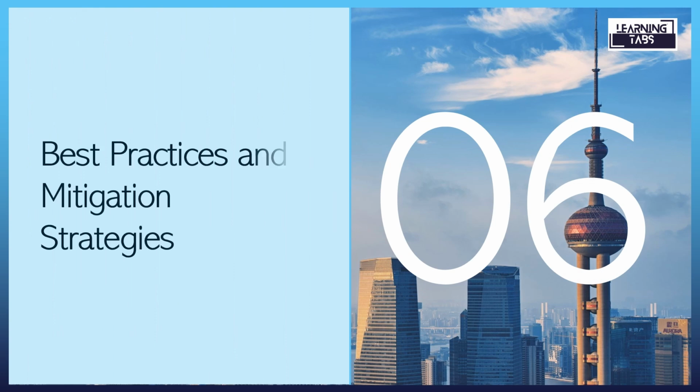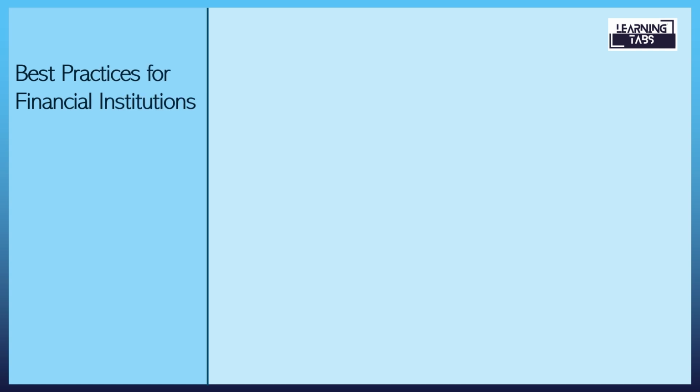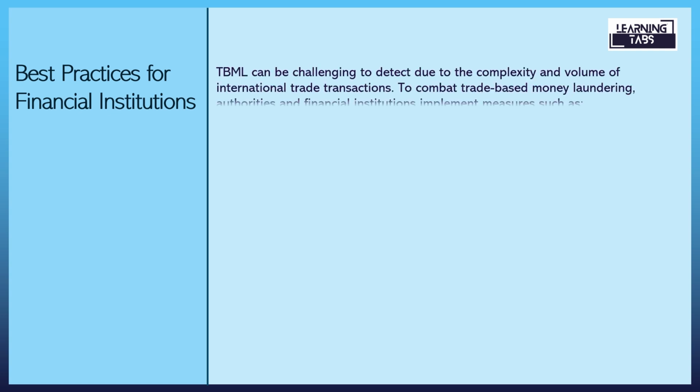Chapter 6: Best Practices and Mitigation Strategies. Best practices for financial institutions on TBML. TBML can be challenging to detect due to the complexity and volume of international trade transactions. To combat trade-based money laundering, authorities and financial institutions implement measures such as